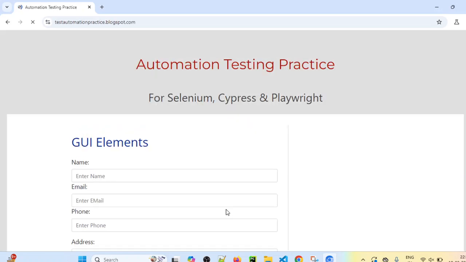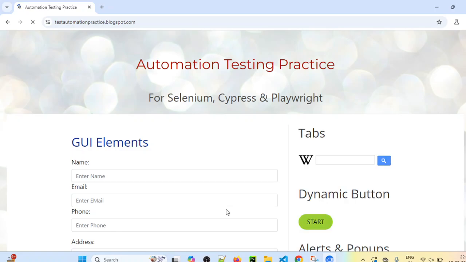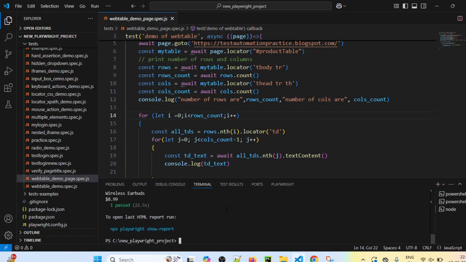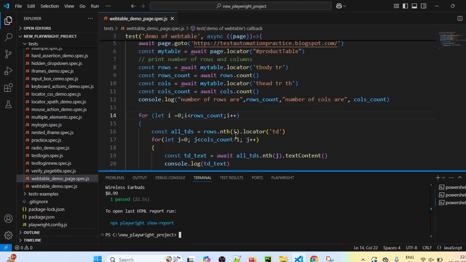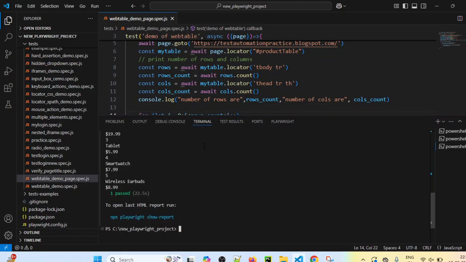It is starting the page. It is starting the test case now. It is launching the web page. It will go to that table. Since we are not performing any click action, it is not. But if you see now, the test case is passed. Let me just maximize this console. And if you see,